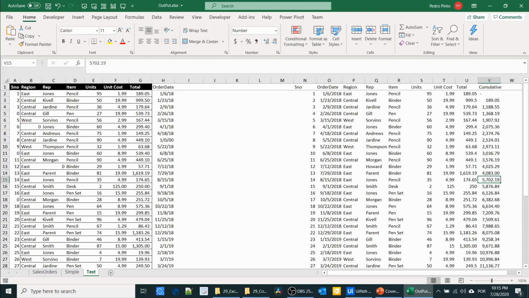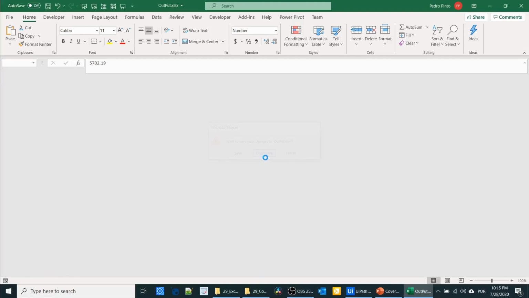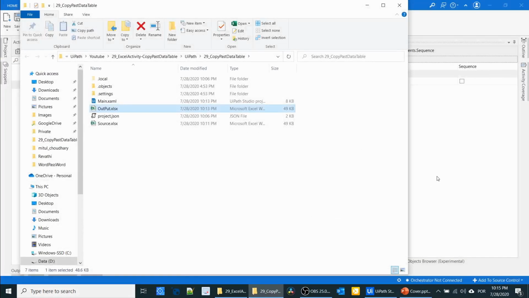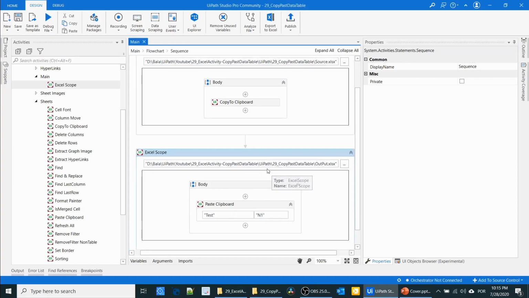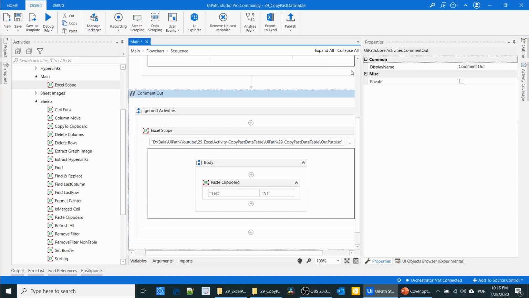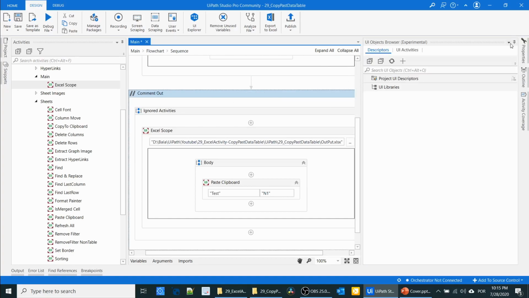Next we are going to see how to convert the clipboard data as a data table. I'm going to comment this one because we are not going to use the paste activity.